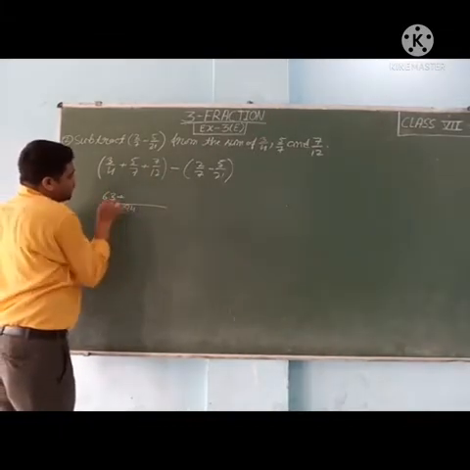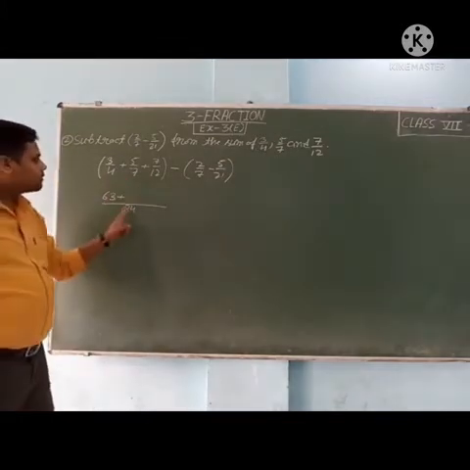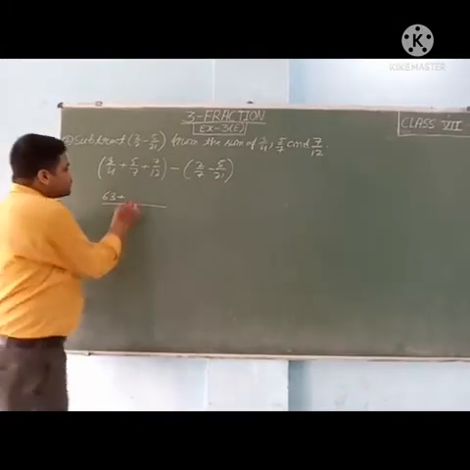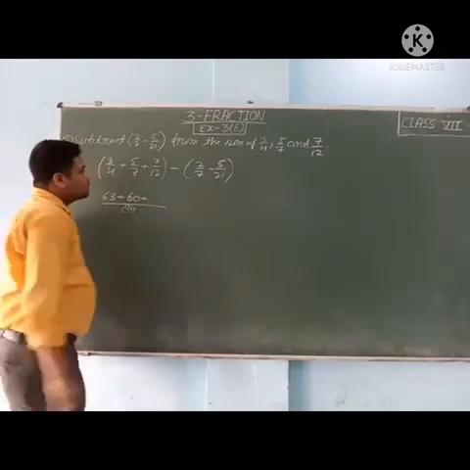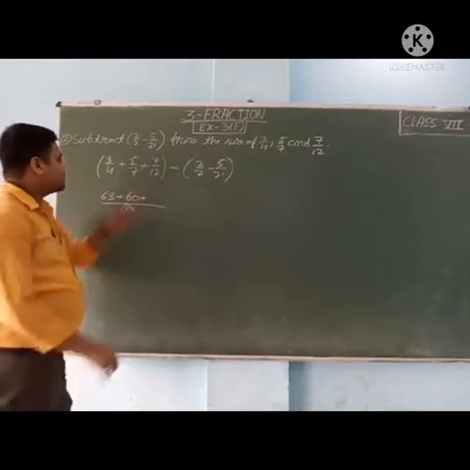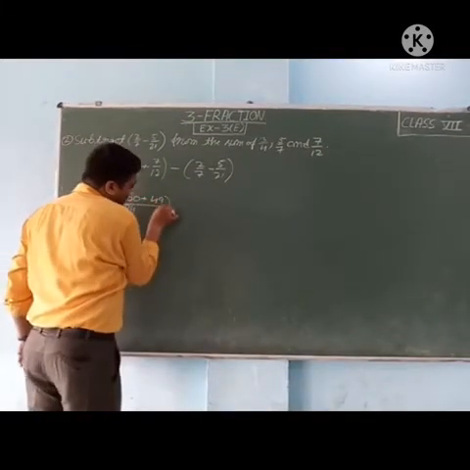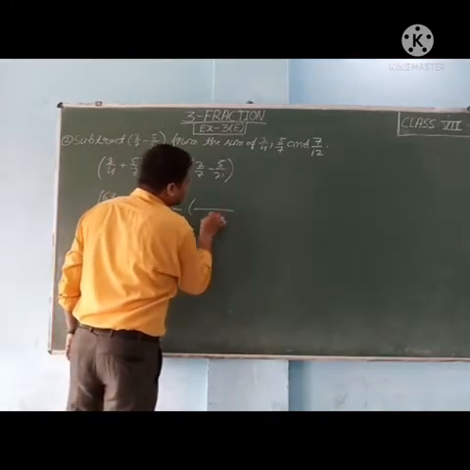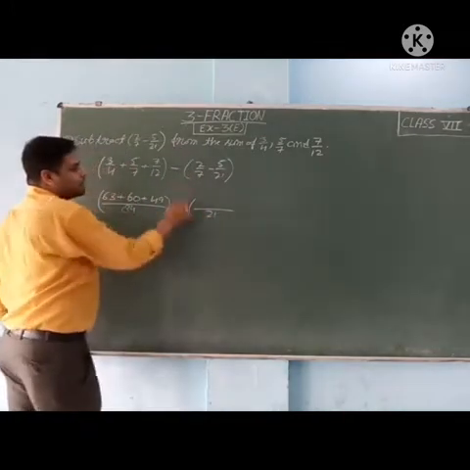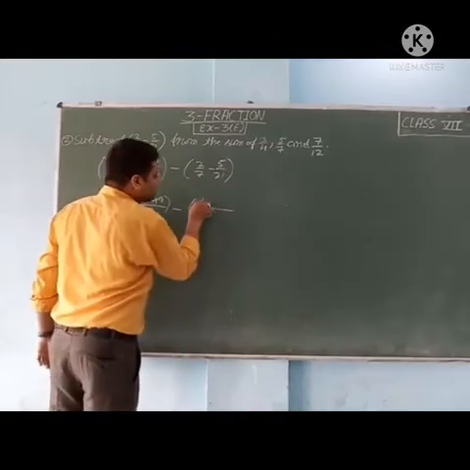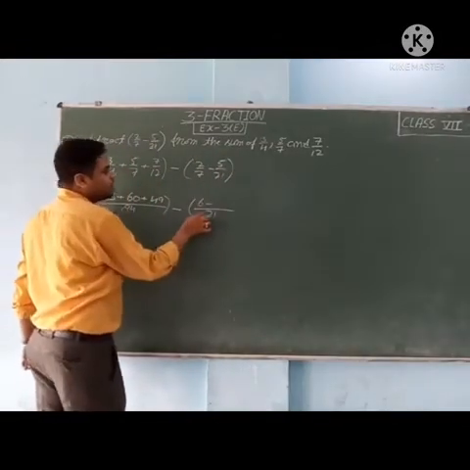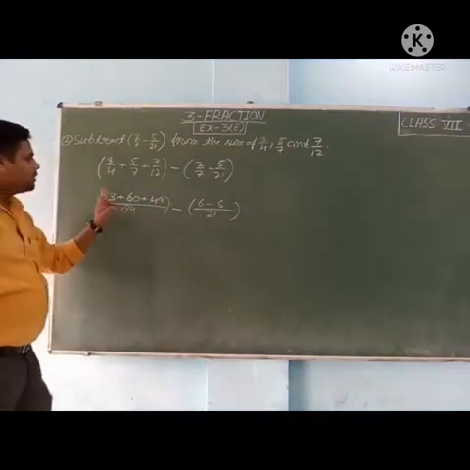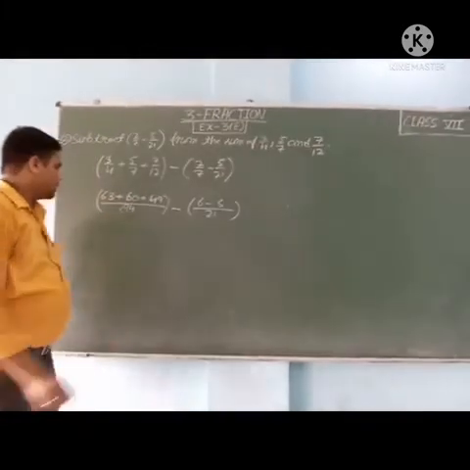63 plus. Now we will divide this. We will get by 7, 84. We will get 12. 12 into 5, 60. Then plus 12 7s are 84. Inside the bracket. Then minus sign. This LCM we will find. It will come 21. 7 3s are 21. 3 2s are 6. 21 1s are 21. Then 1 5s are 5.